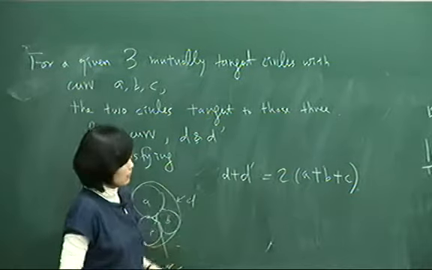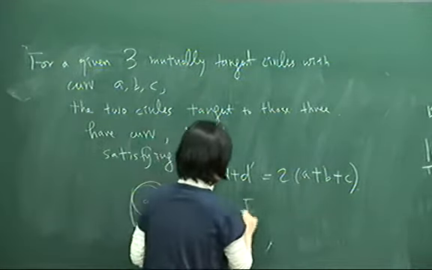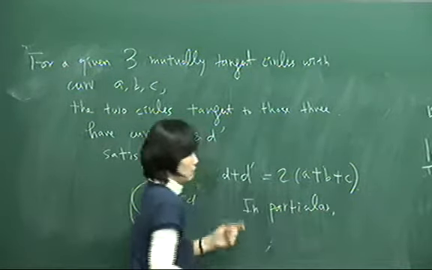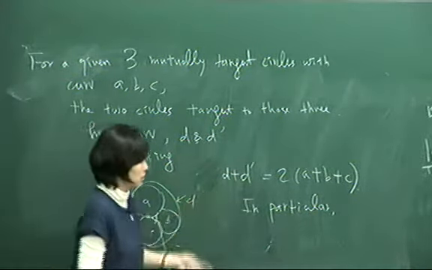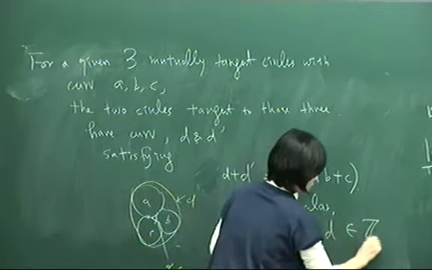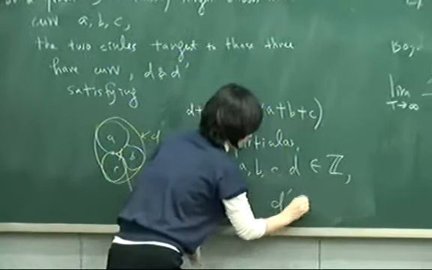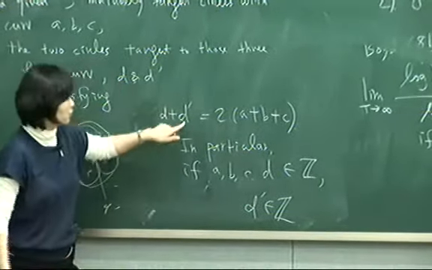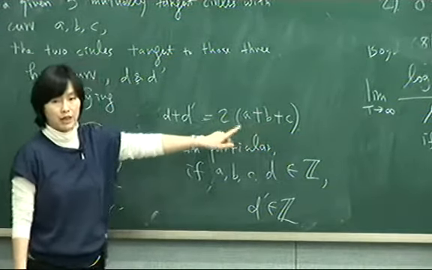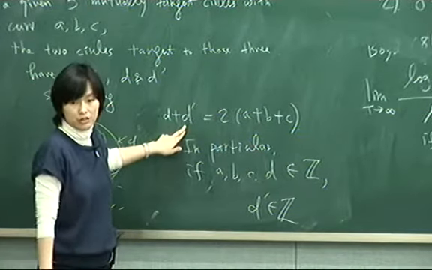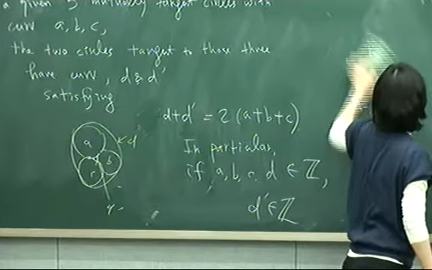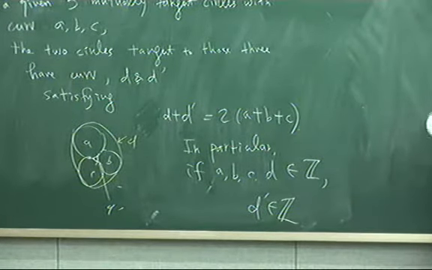It says that in particular, if A, B, C, D are all integers, then so is D prime. Yeah, because D prime has to be twice A plus B plus C minus D. So if A, B, C, D are integers, then D prime has to be an integer. And this observation was made by Soddy,